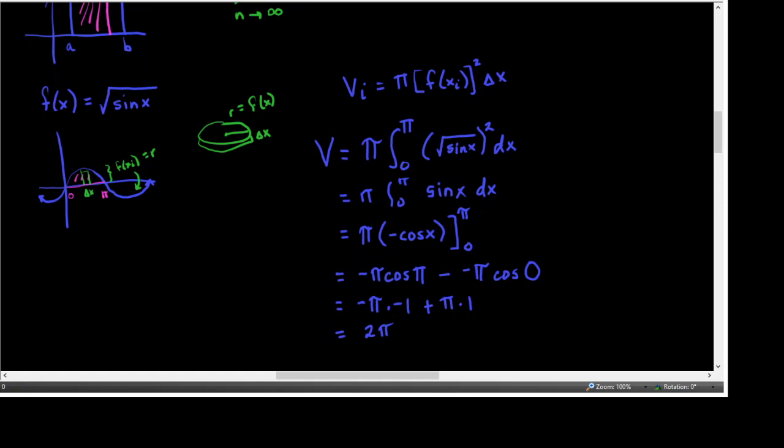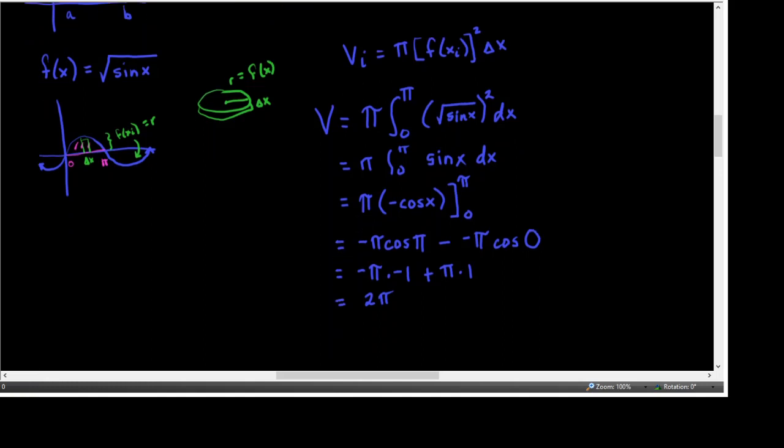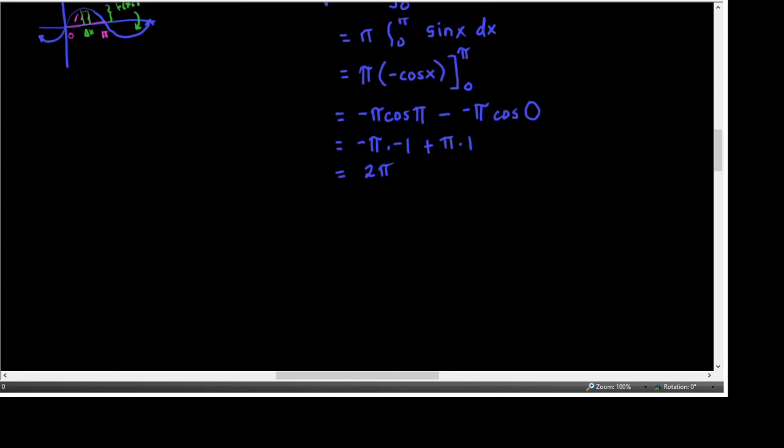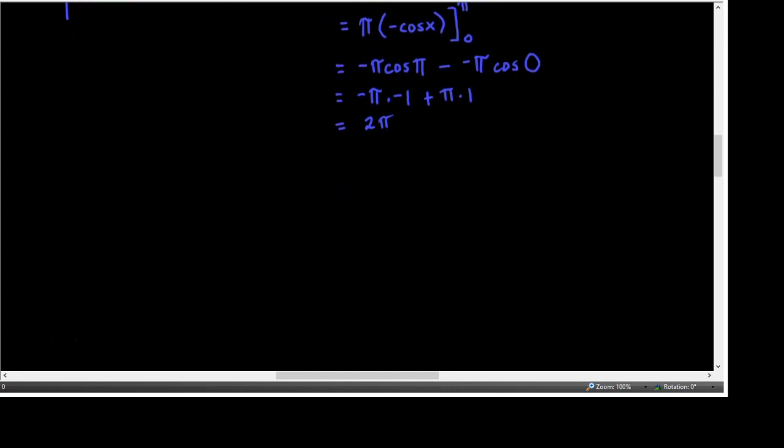So once you get the idea of how to set this up and how to identify the radius, that's actually the hardest part. The most challenging part is identifying what represents the radius of revolution and then setting up the integral appropriately. So that's pretty good. Now, the next thing I want to talk about is, well, what if the region is such that,